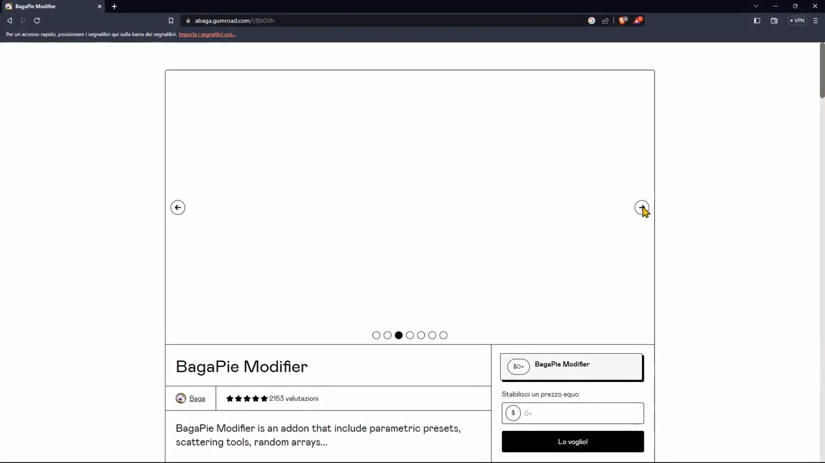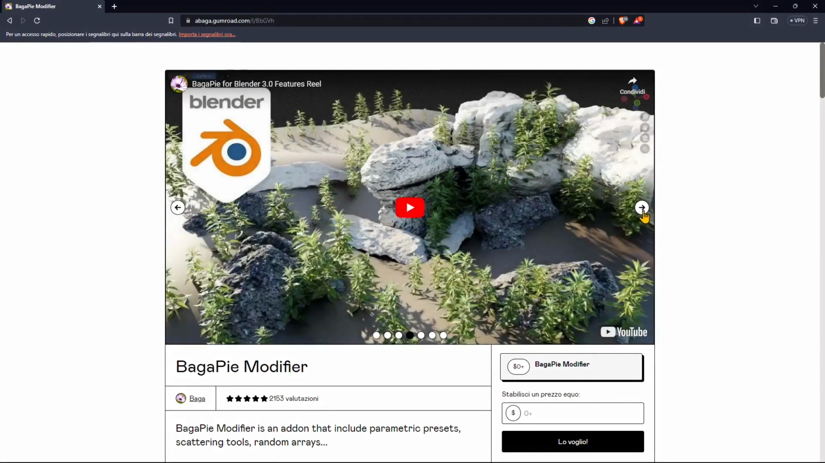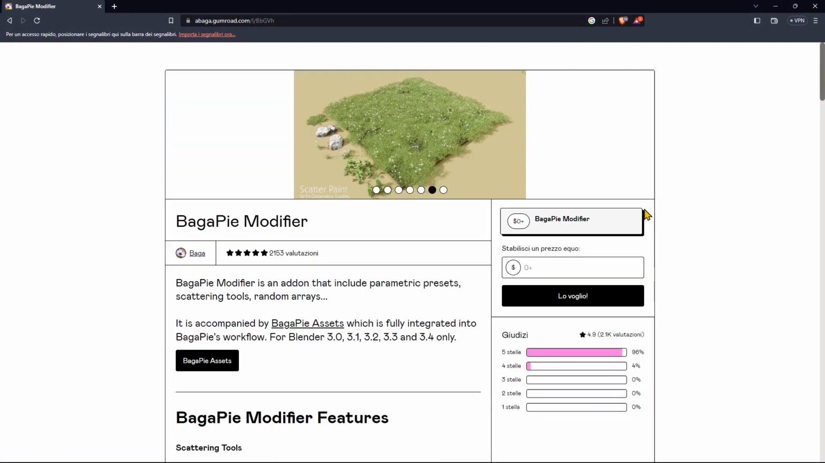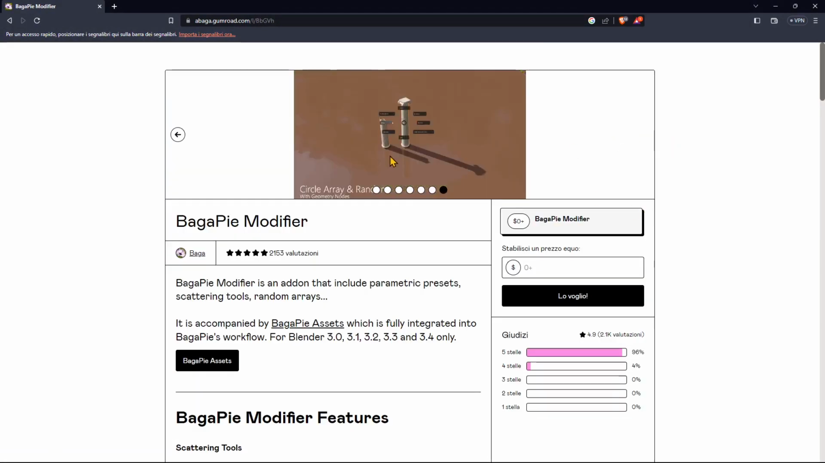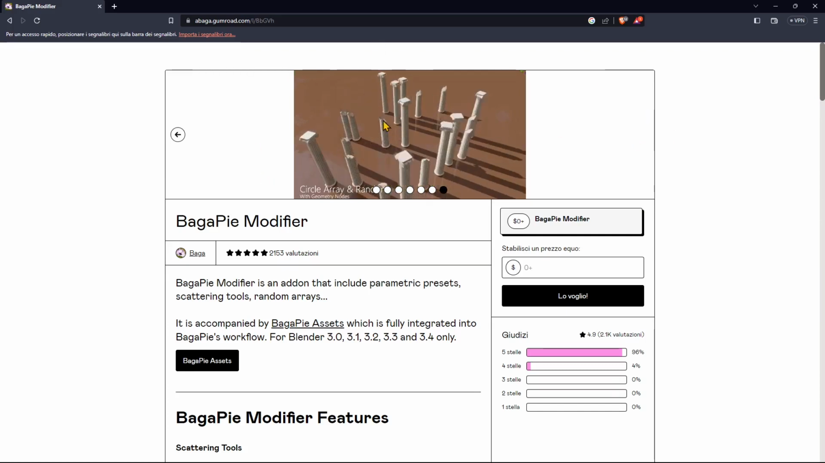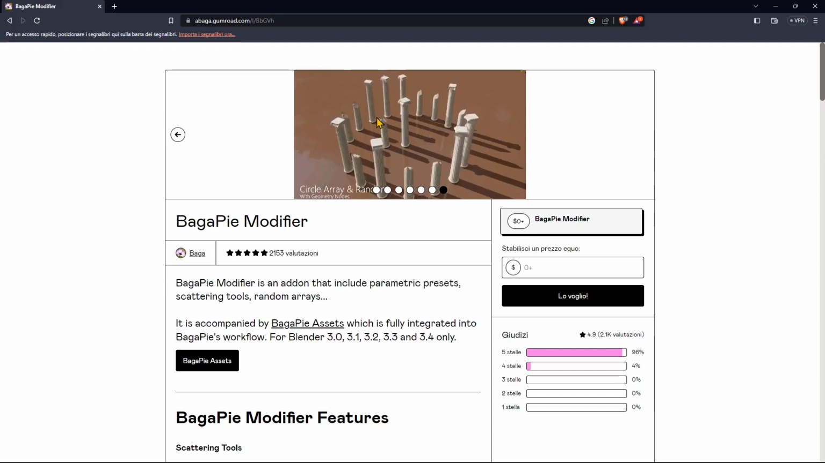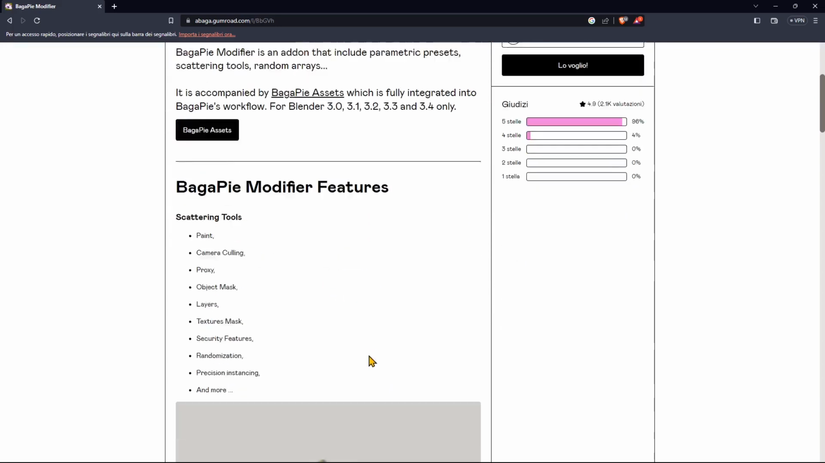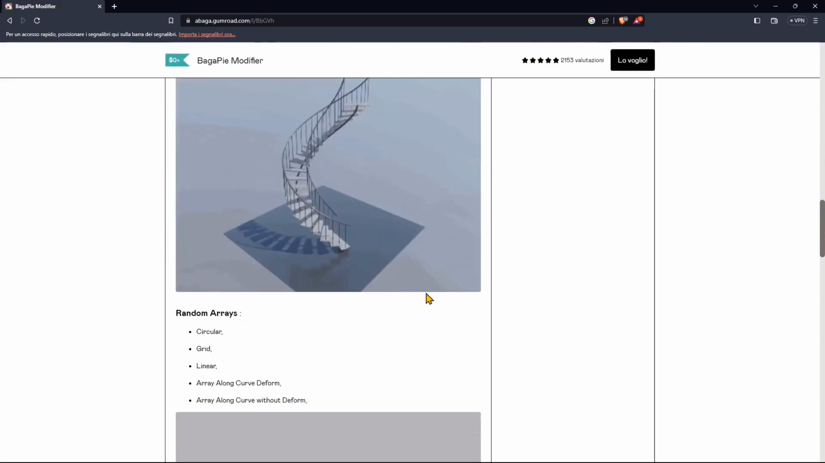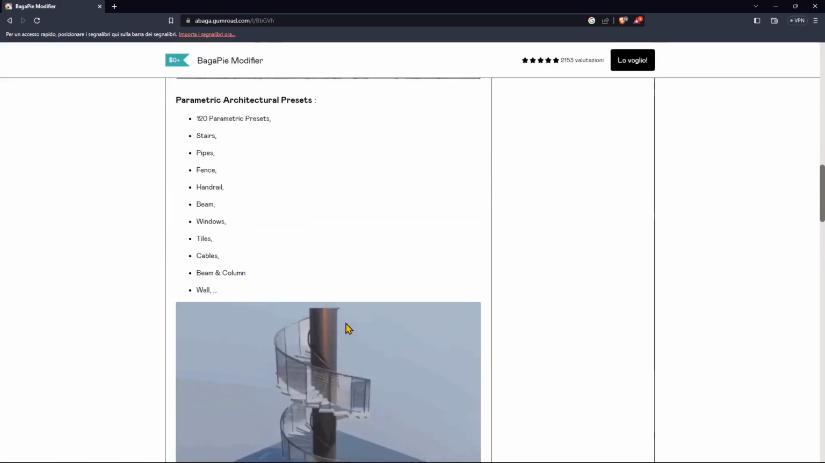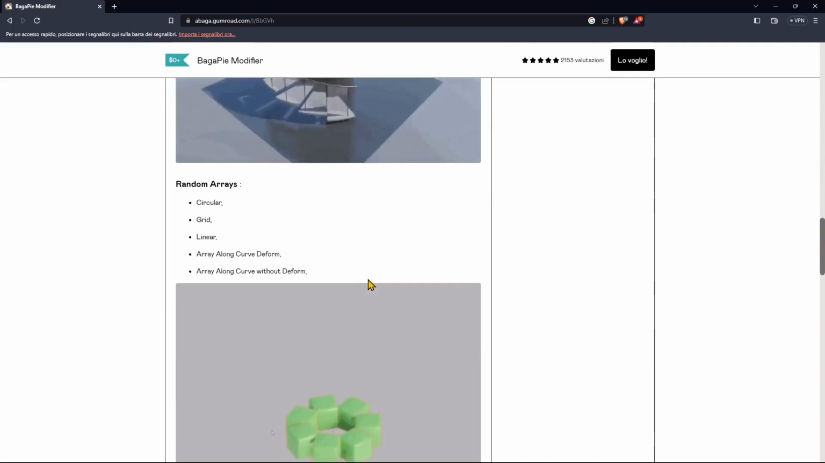You can also see some presentations right here. You can see how you can do landscape design. You can use scatter modifiers, and you can duplicate, you can align, you can create arrays, rectangular or polar arrays, and you can do a lot of things. This is a circular array. So you can find a lot of information here in the website, for example how you can adjust the stairs and